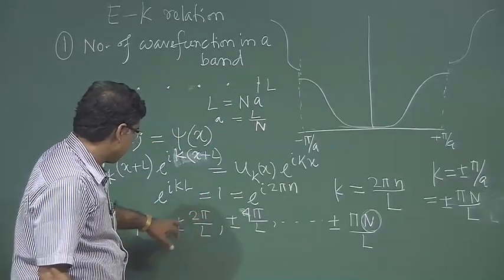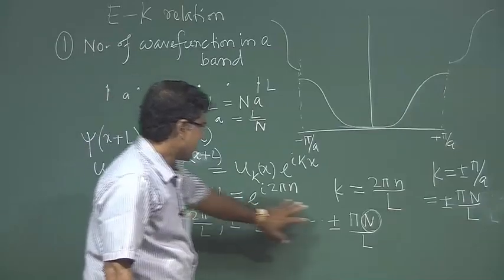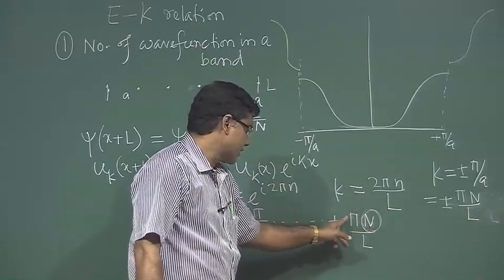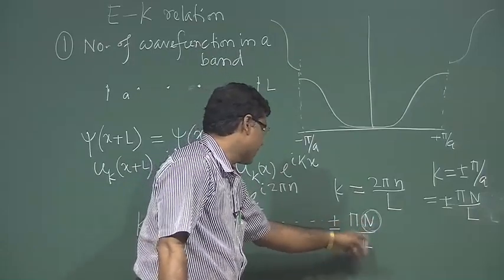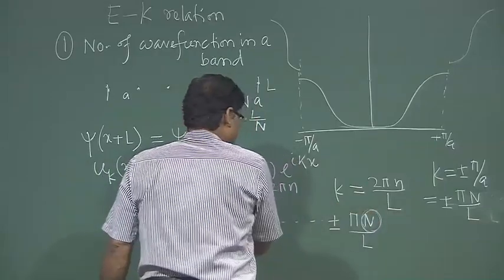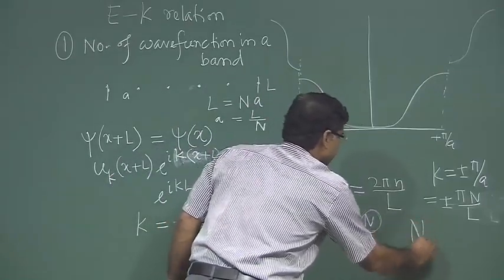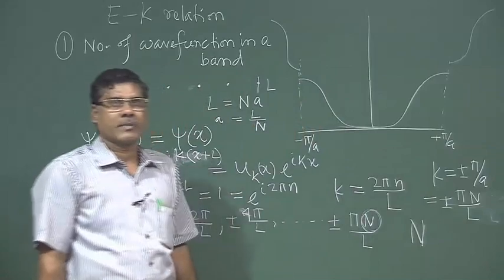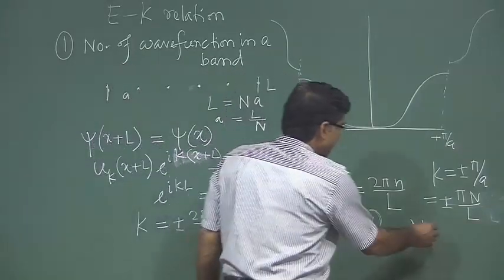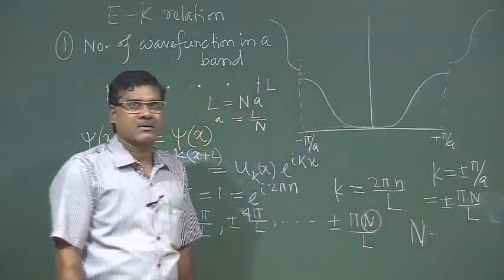This k value we can take plus minus 2 pi by L, plus minus 4 pi by L. So this number is basically n by 2, 2 pi into n by 2 by L. So the total number of terms will be n by 2, plus minus are there, so in total you will get n number of k values, and corresponding n wave functions, okay, and corresponding